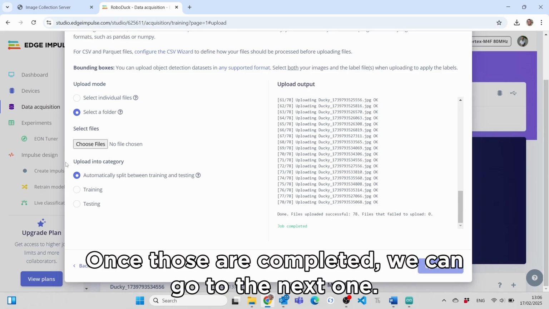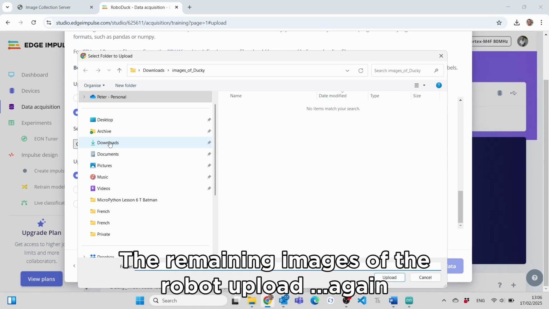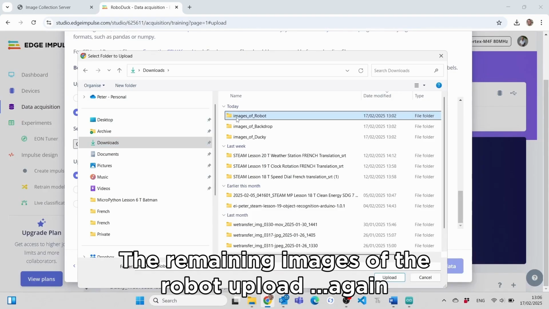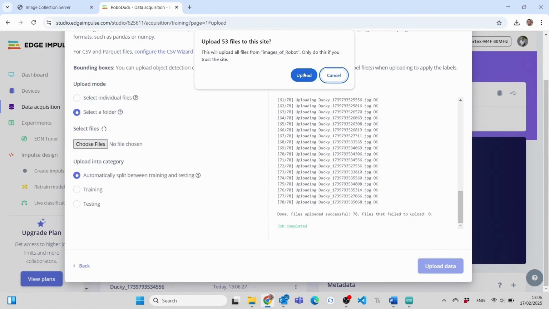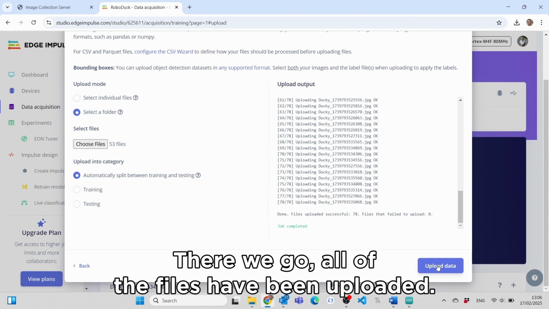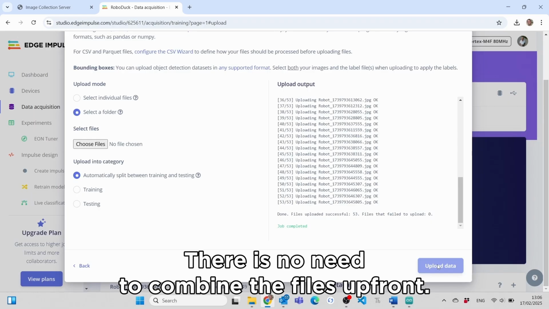Once those are completed, we can go to the next one, the remaining images of the robot. Upload again, 53 files. And there we go. All of the files have been uploaded,